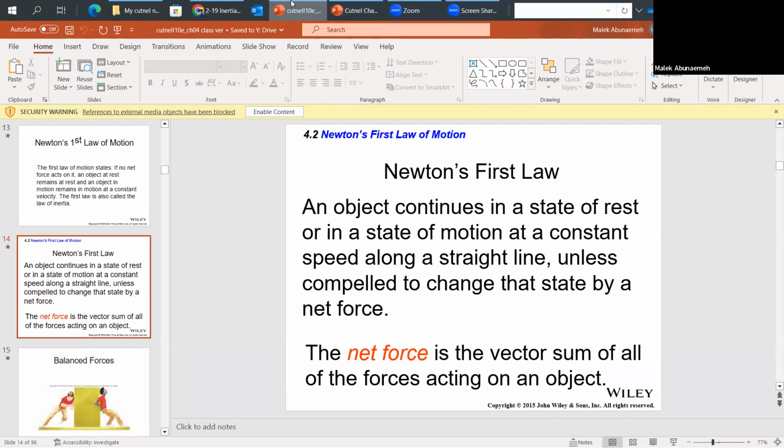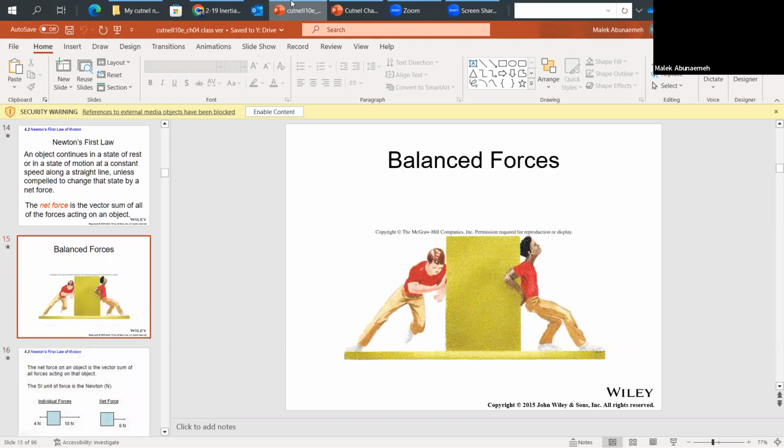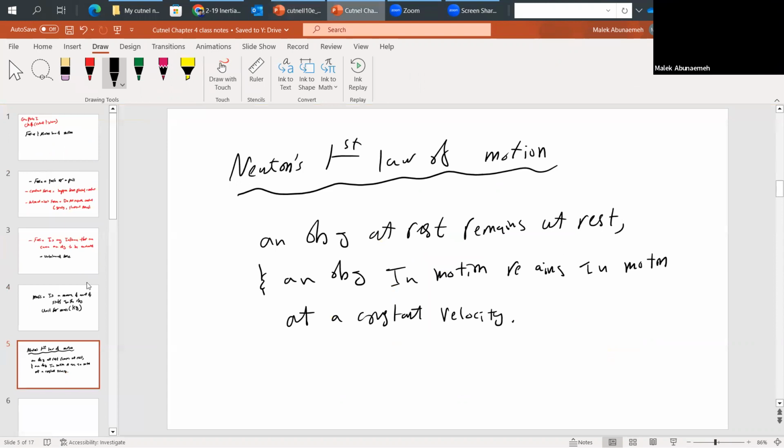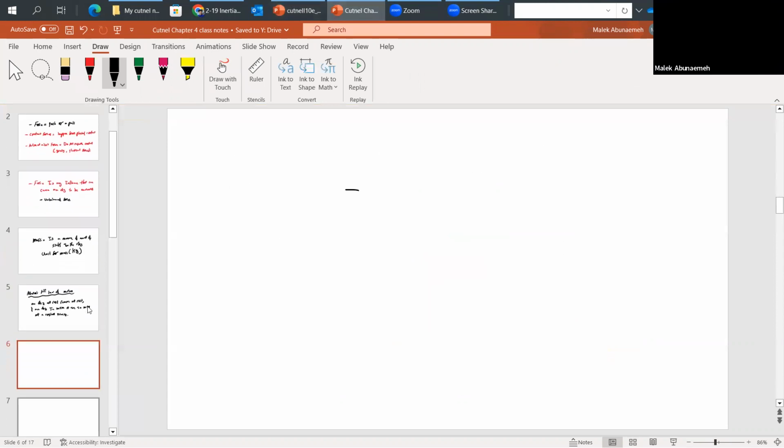Now, an object continues in a state of rest or a state of motion at a constant speed along a straight line unless compelled to change by a net force. Now, the net force is the vector sum of all the forces acting on the object, which brings us to our example again. So going in with our example, let's say you got this box over here,